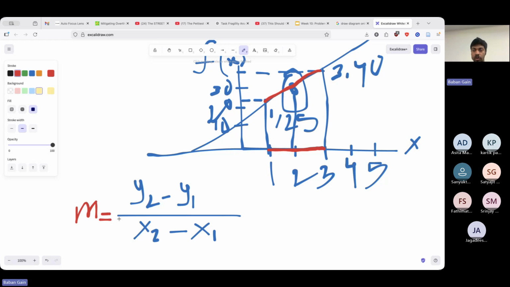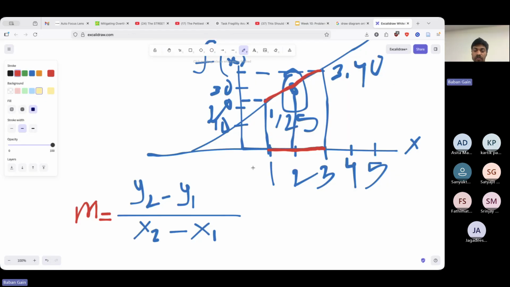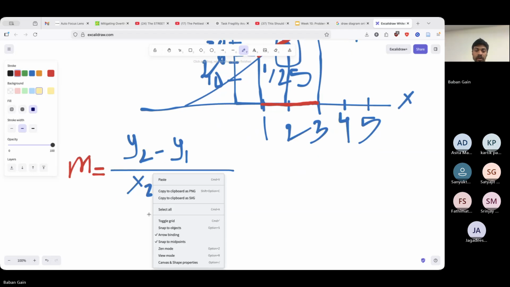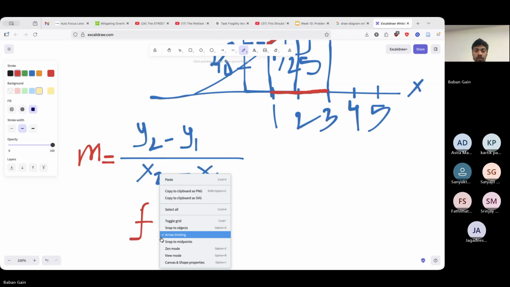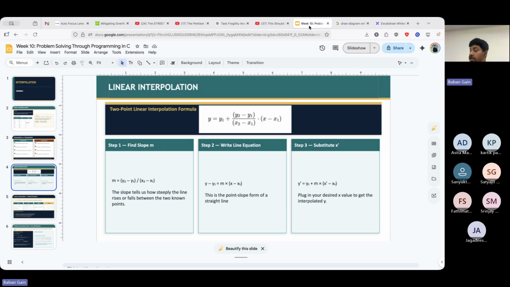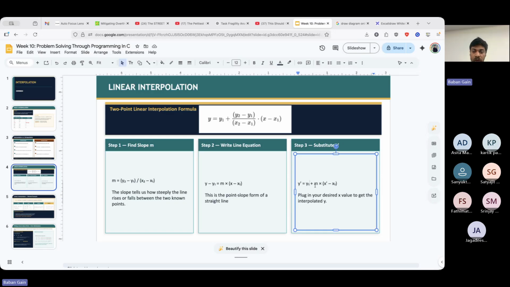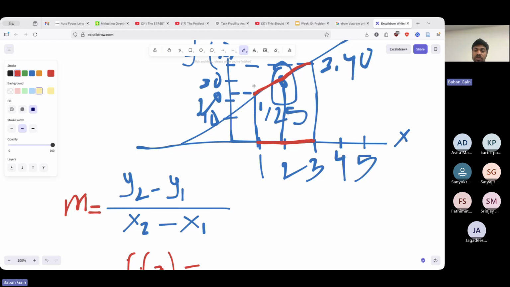After finding the slope, the next step is to calculate. Let's assume I want f of 2, like the value of the function when x is equal to 2. So what we have to do? We have to apply this formula. Here y1 is what? y1 is this one, so this is 25